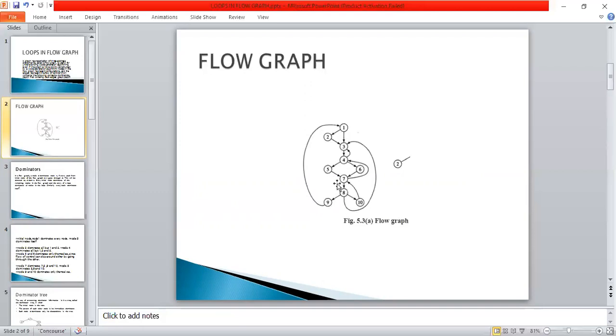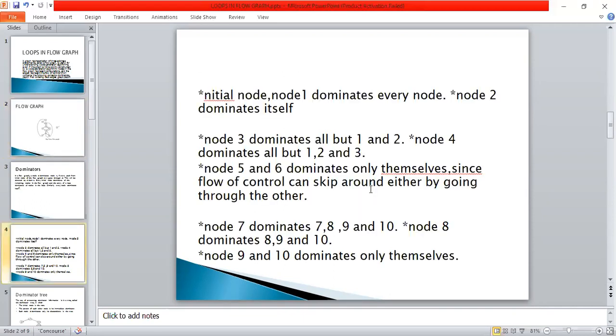But instead of 5, we can also pass information through 6 from 1 to the remaining nodes. Because of that, 5 is not a dominator node. Similarly, node 6 is also not a dominator, because the root information passes to nodes 8, 9, 10, and 7 through 5 instead of 6. Hence, 5 and 6 dominate only themselves.